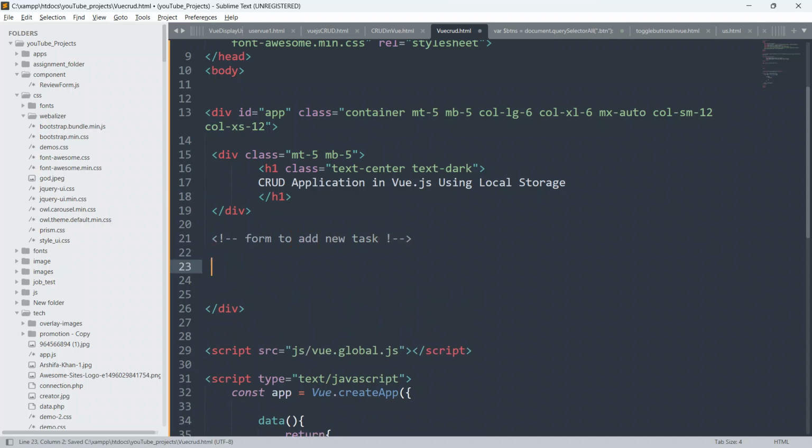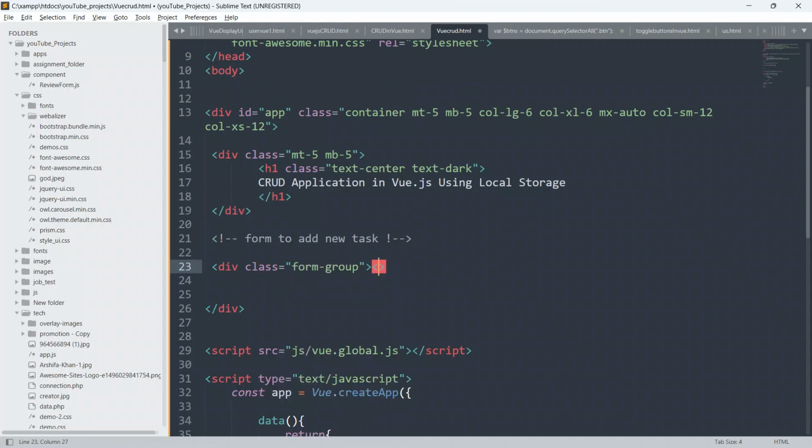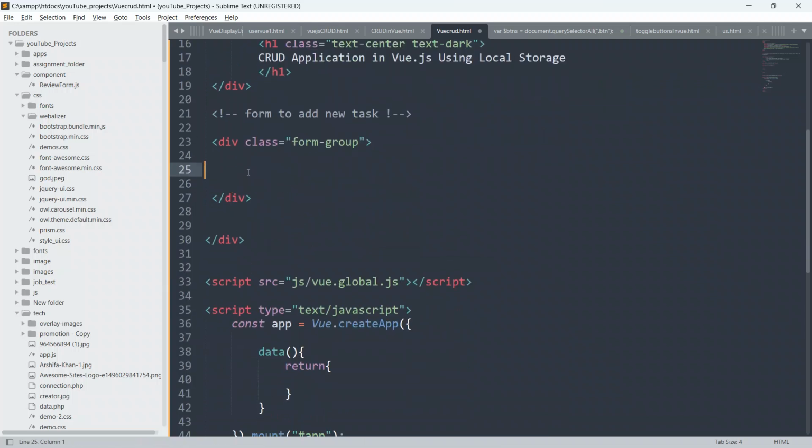Below this I will create a div and give it a class of form-group, and close this div first. Inside this div, guys, I am going to create an input field.